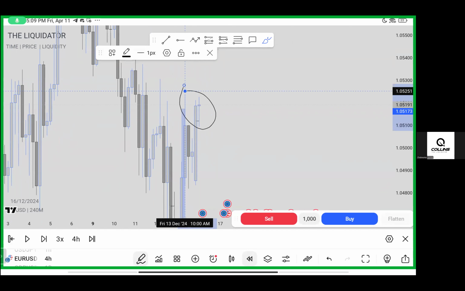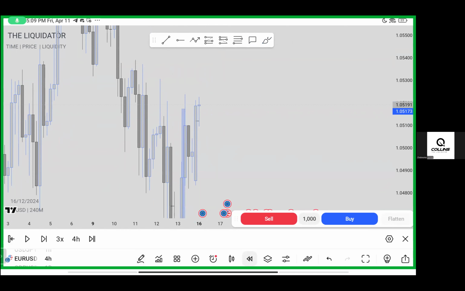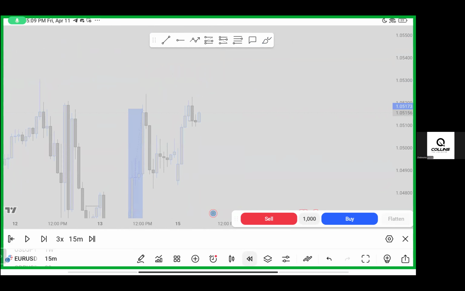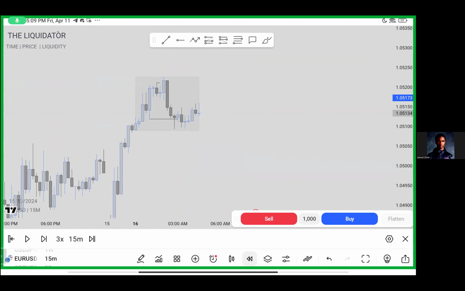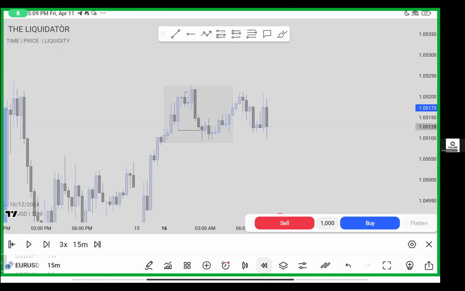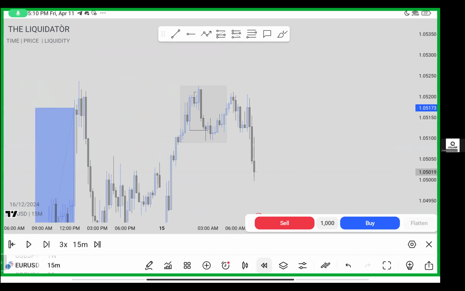So what do we do now? We patiently wait, right? So that's what we're going to do. So now moving back to the 15-minute time frame, let's see what price is going to do. So back on the 15-minute time frame, we are still waiting for price. That's what we're doing. Now let's check if there's any formation of the order block. So now let's go to the 4-hour time.